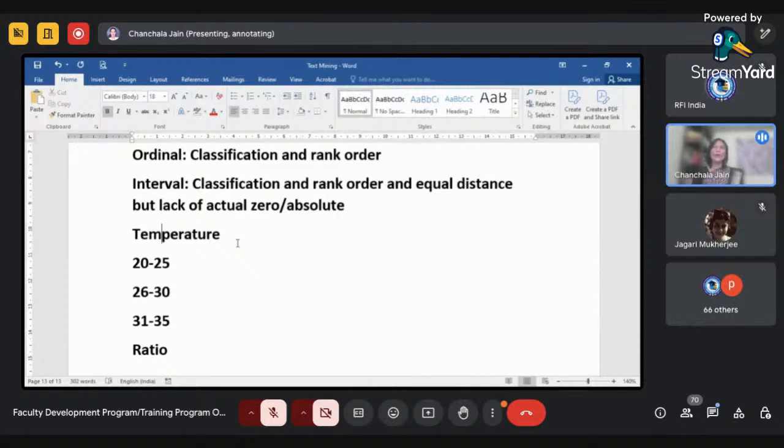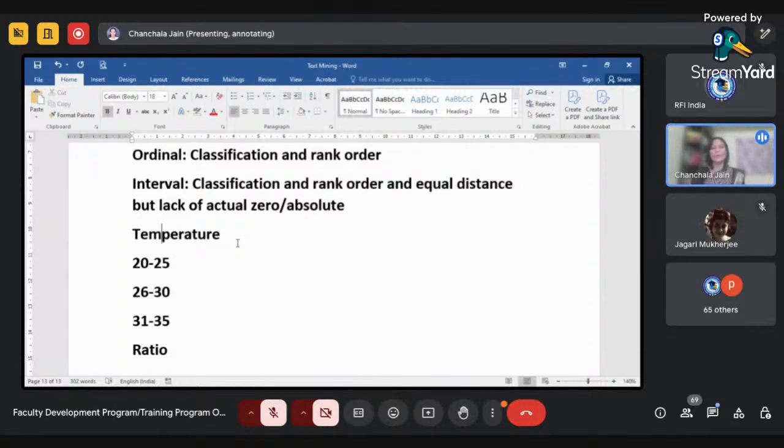We are saying the temperature is 0, but still one of the characteristics which we are measuring is present there. That means it is lacking the actual 0. To develop thermometers and temperature scales, scientists have arbitrarily kept a particular place as 0, but that 0 is not actually 0. So one of the characteristics of temperature is still present at 0 also. Whatever you are measuring should not be present at 0, so we call this a lacking of the interval scale.